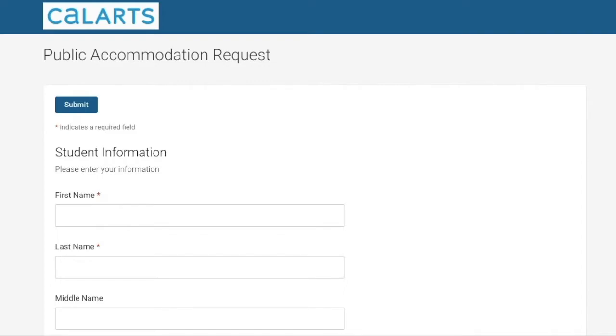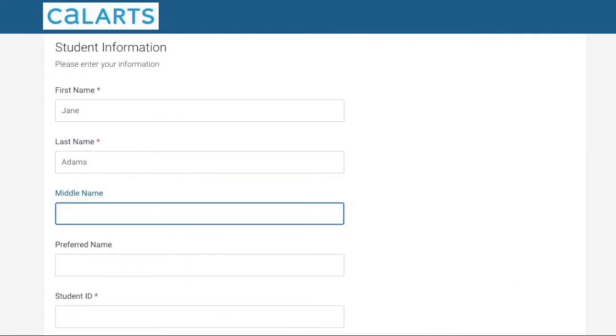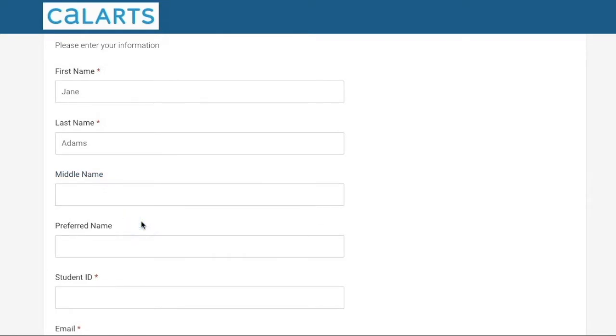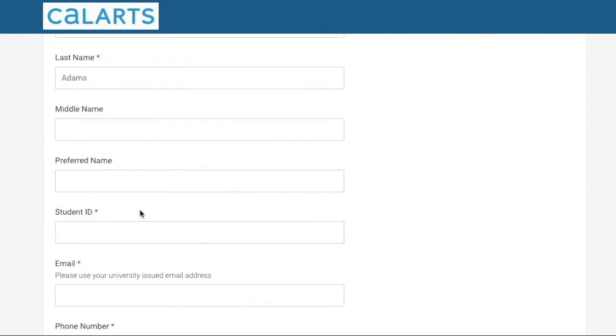So let's get started. First, we will enter in our student information. Go ahead and enter in your first name, last name. If you have a middle name, you can go ahead and place it here. If not, you can go ahead and skip it. It is not required. Next section is preferred name, your student ID number, your email, preferably your CalArts email,